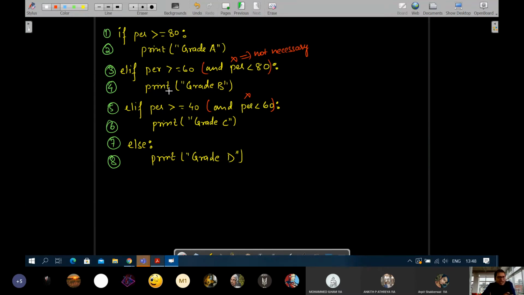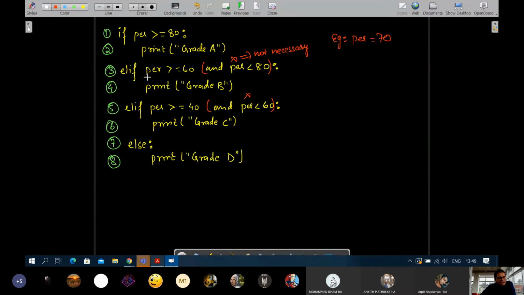But tell me, like I said, if you start falling from the top like water, let's say you have given a percentage, for example, let's say the percentage comes out to be 70. Okay. So the first statement will result in false. Correct? It will not get inside the block of the if. It will come down to line number 3. Here, the elif part, percentage is greater than or equal to 60. Is 70 greater than or equal to 60? Yes? Yes, sir. And also less than 80. So this will result in true.